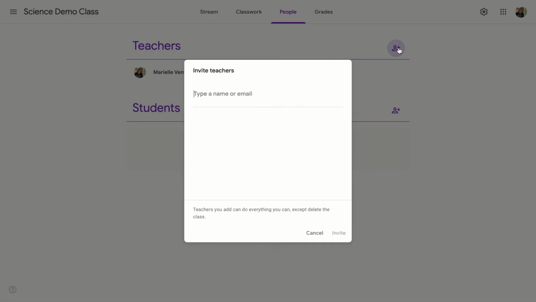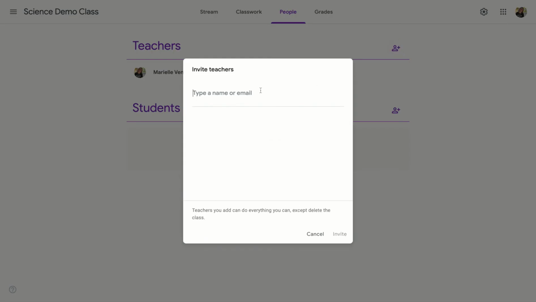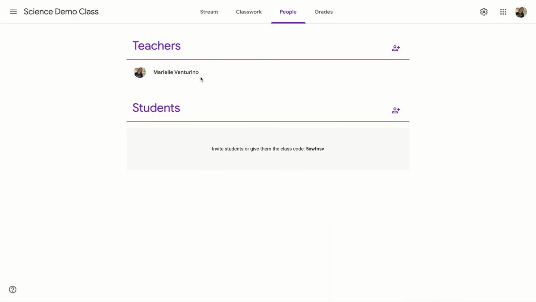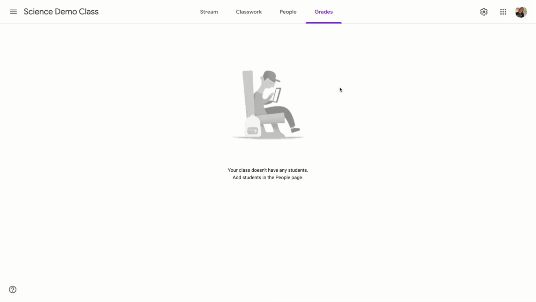You can also invite co-teachers, which would have the same privileges as you, except they're unable to delete the class. So if you're co-teaching with a class or have a student teacher, as long as they have a Sweetwater email address, you can add them in here as a co-teacher. There's also this gradebook tab. Once there's assignments in there, it would be more functional, so later videos will also talk about the gradebook tab.